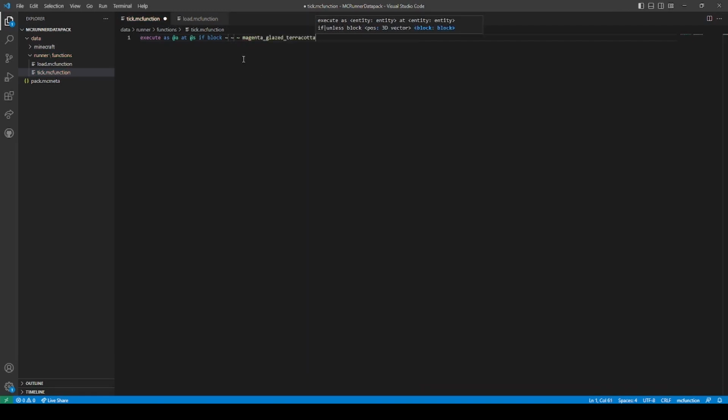But we don't want it to be the block that's your exact coordinates, because your exact coordinates isn't the block you're standing on, it'd be the block that's inside of you. So we want to set it to -1, because that's the block you will actually be standing on. And then we want to say, if this is the case, run effect